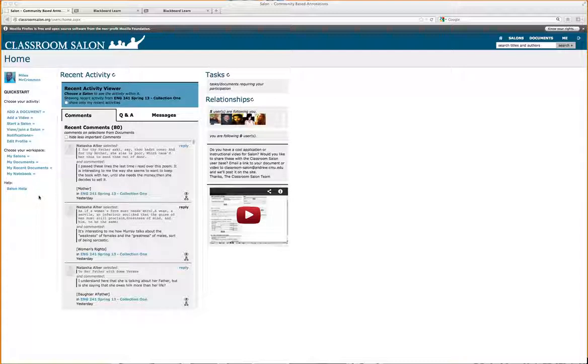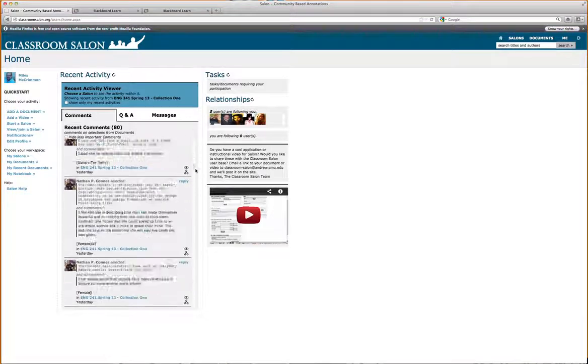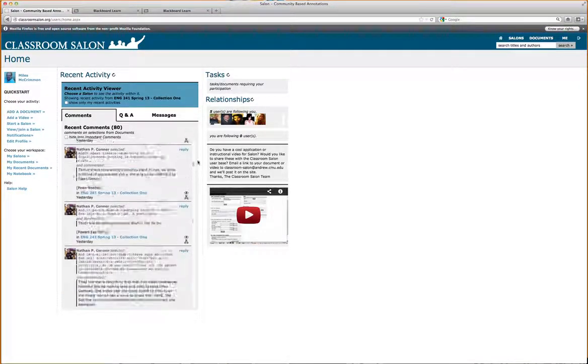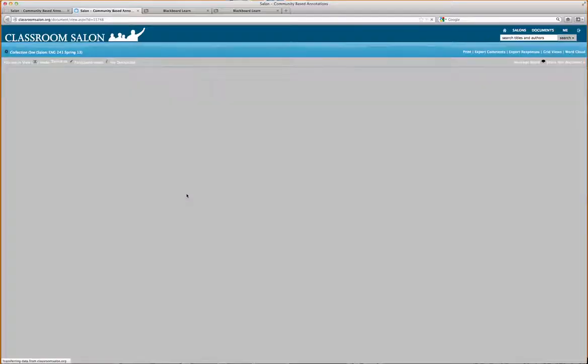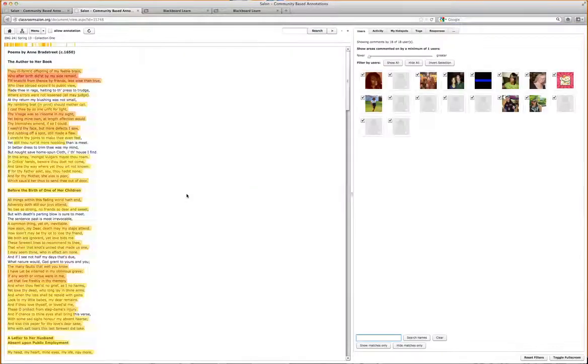So when you first open Salon and log in and use your password, this is typically going to be the first thing that comes up, recent activity, which I usually just skip past because it's kind of random, really. It's just the most recent posts from your classmates. I did notice one thing that you could do here. You could go straight to view mode, which I recommend highly, by clicking on the little eyeball that appears on every single post that's made here. So this is a nice little shortcut to take you directly into view mode,